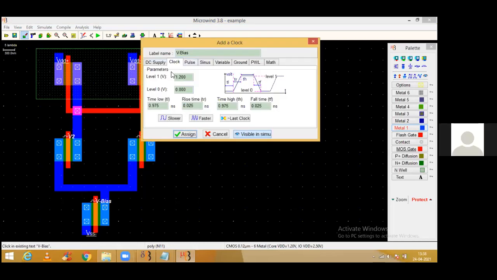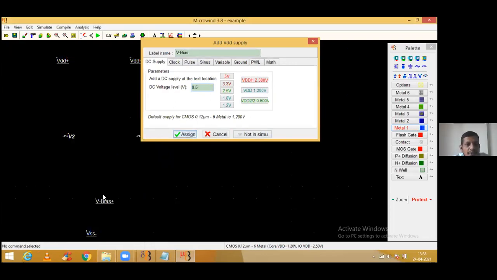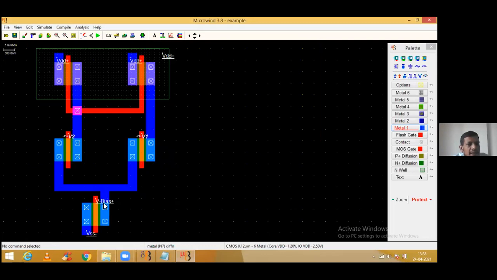and we don't have any significant of it invisible in simulation. So I'm making it as just like 0.5 as of now. Have you got it? It is a DC supply. I'm avoiding it to observe in visible in simulation. I'm making it as 0.5 because 0.4 is the VTH for this technology, for all the transistors what we are going to use. So assign that one, not visible in simulation, make it like that.